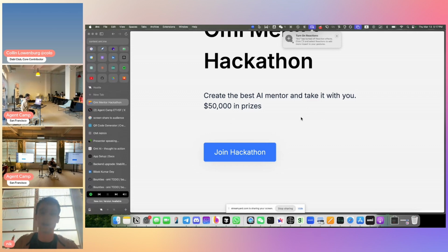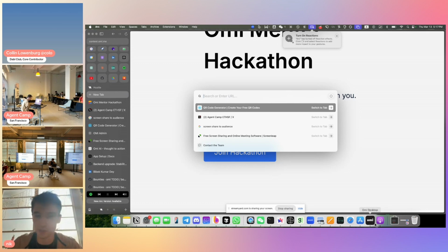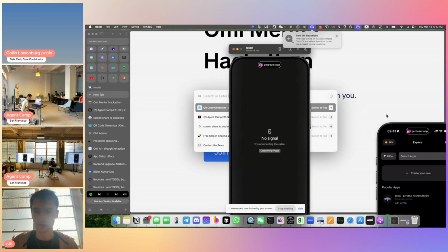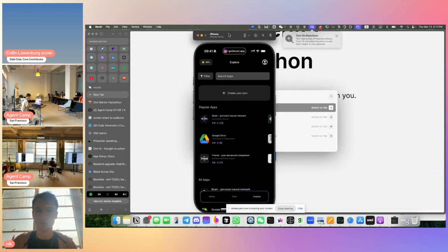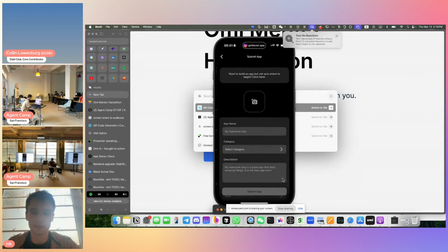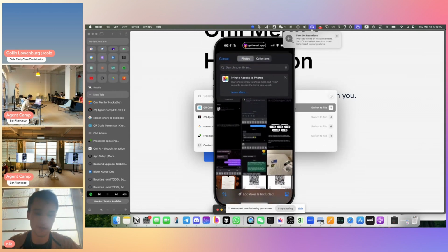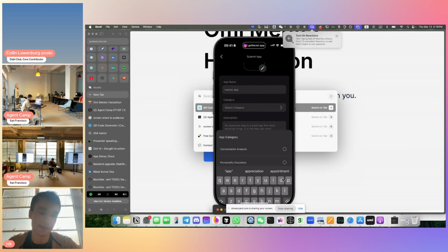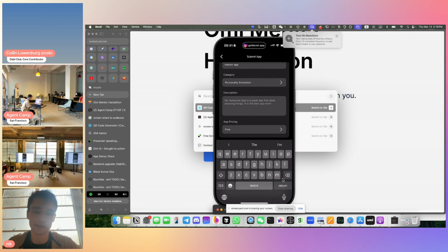Okay. Let me show you my screen again on this app. Oh, okay, not this one. Let's do this one. Cool. So I'll do it from my mobile phone. I'm clicking create an app. And here I'll paste some random picture, something like this. We'll call it mentor app, and we'll give it a category. This is an app that gives relevant feedback on arguments.